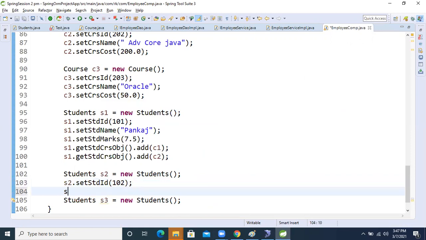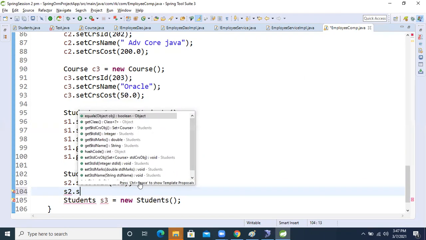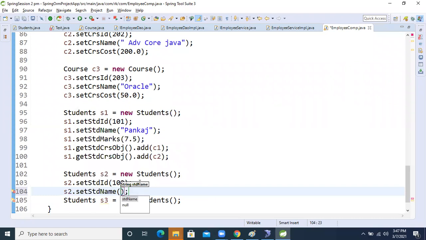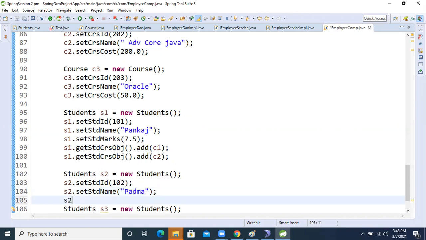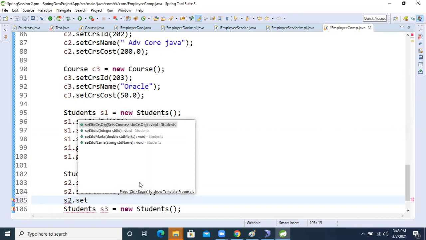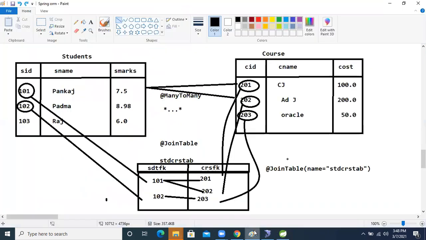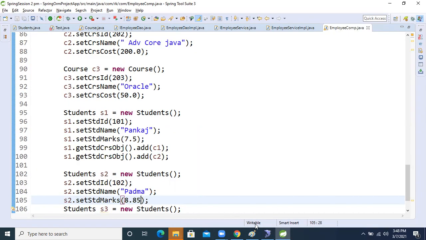After that, s2 dot set name, name is Padma. Then s2 dot set marks, her marks is 8.85.